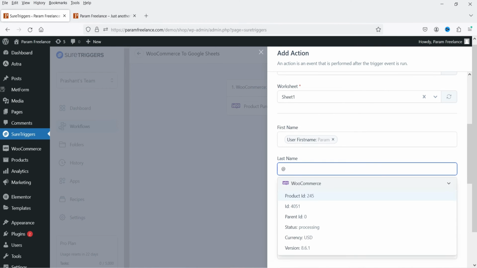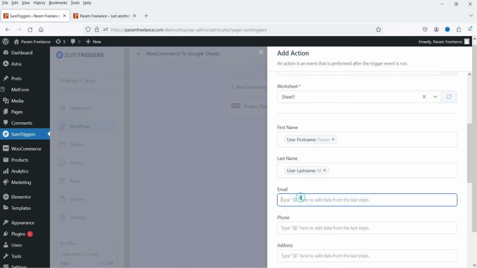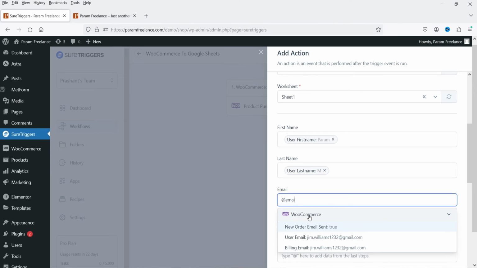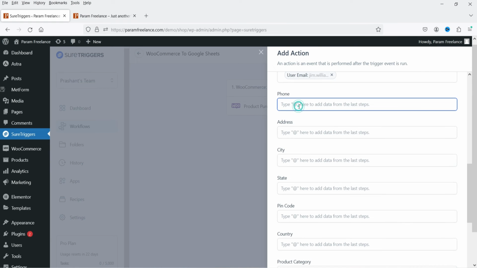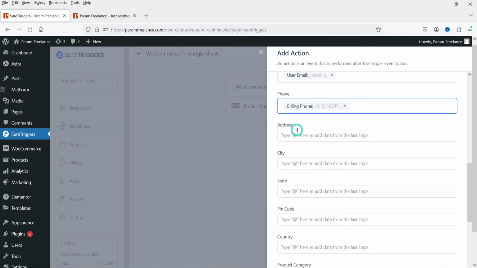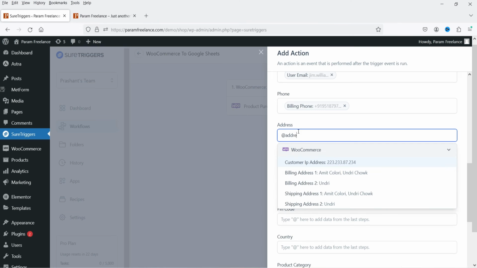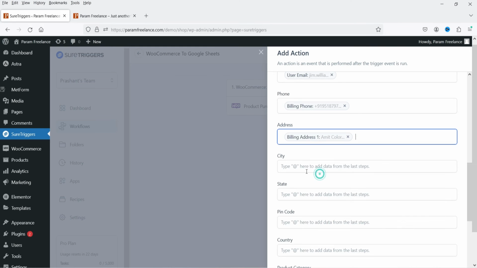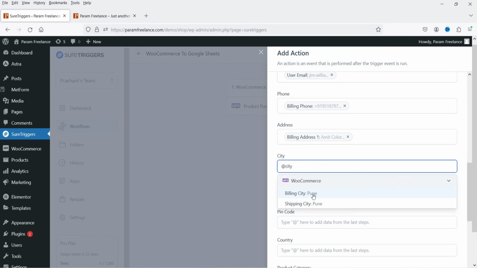Then for the last name, search for last name. For email, enter @ sign and let's search for email. So this is the user email. Then look for phone. So this is the phone number, address. So this is the billing address. Then city, you can look for city, billing city,